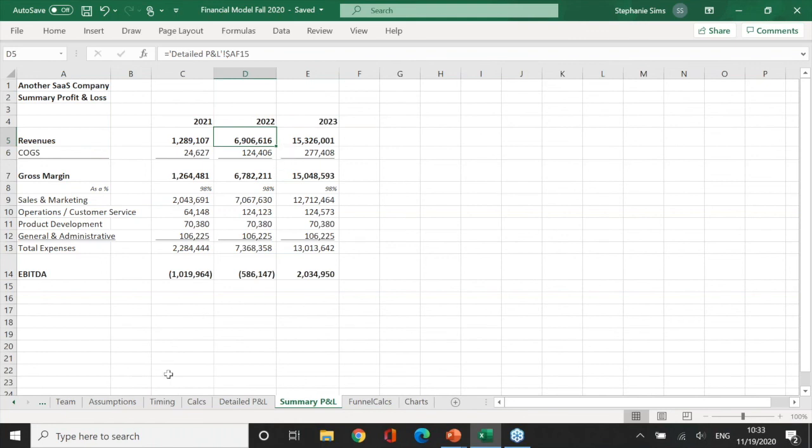So remember how we talked about this being an output, right? So the P&L, for example, is an output,